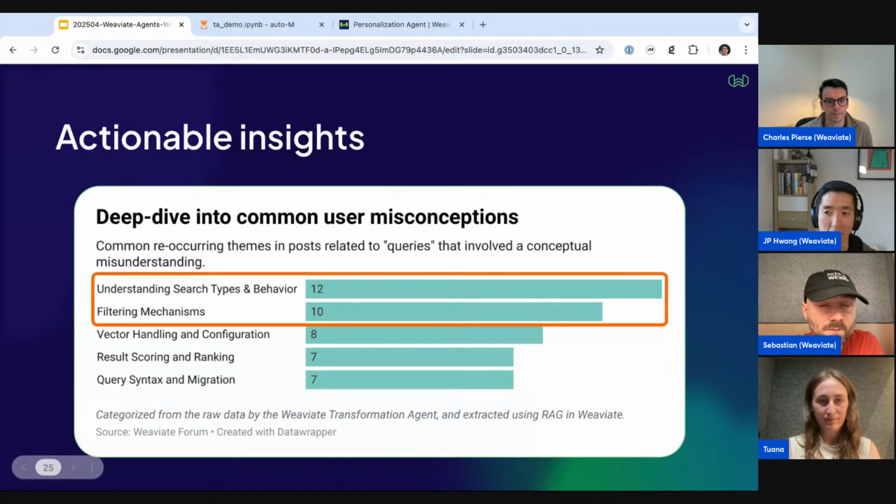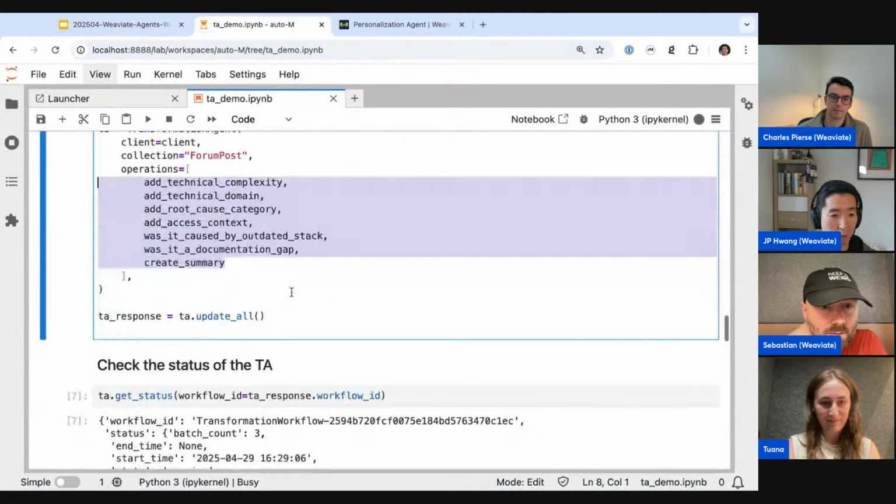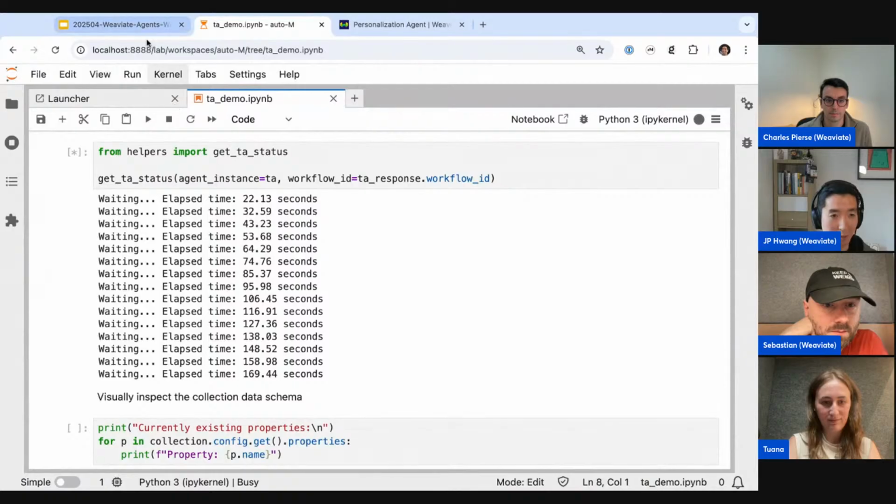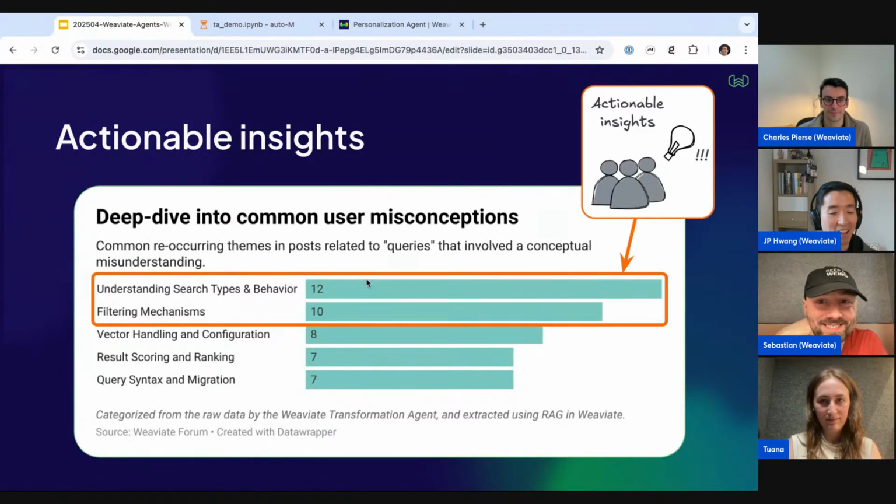And what does that mean for someone like me? It means, well, maybe I should create some more content around this type of aspect, to help people learn more about these concepts about search type, search behavior, and filtering, which I guess largely goes into the aspect of queries, but it really gives me actionable insights as to what we can do better there. And if I go back to my queries, it's still going. So I'll go a couple more slides. I think we're pretty close to the end.